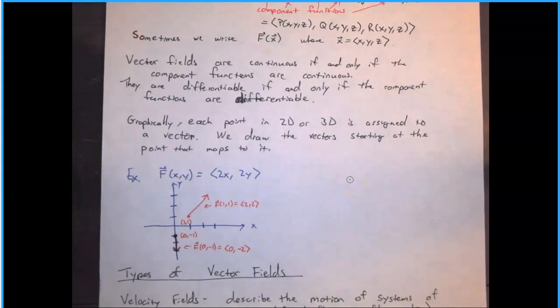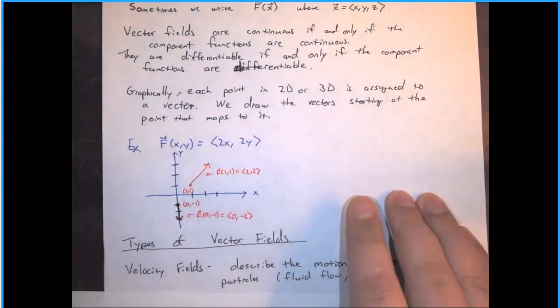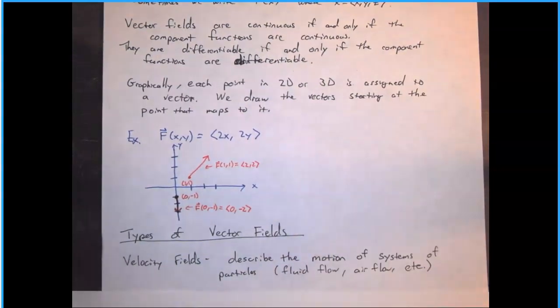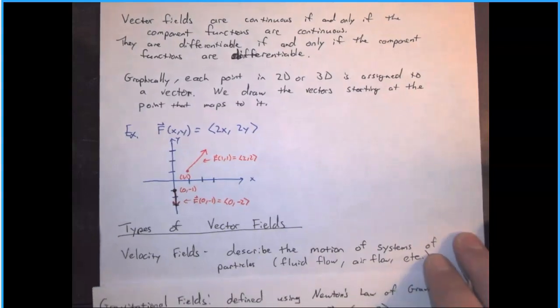We'll finish this video by talking about different types of vector fields. So one type of vector field that we're going to talk about are called velocity fields, and these describe the motion of systems of particles. So you can think that we talked about these parabolic paths of projectiles. You would have a velocity field describing the velocity of the projectile as it moves. We're usually going to use these for fluid flow or air flow. We also have